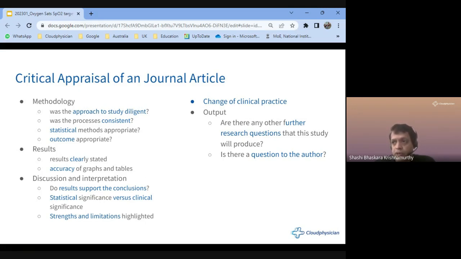The discussion is about interpretation, and do the authors actually have conclusions which are appropriate to the results they have found. We need to make sure that there is clinical significance, and have they mentioned statistical versus clinical significance, and the strengths and limitations of the study. And for ourselves, we must look at whether this whole reading is going to change our clinical practice, and is it actually going to give us any further questions, or we can write to these authors, which may be good for both the students as well as the